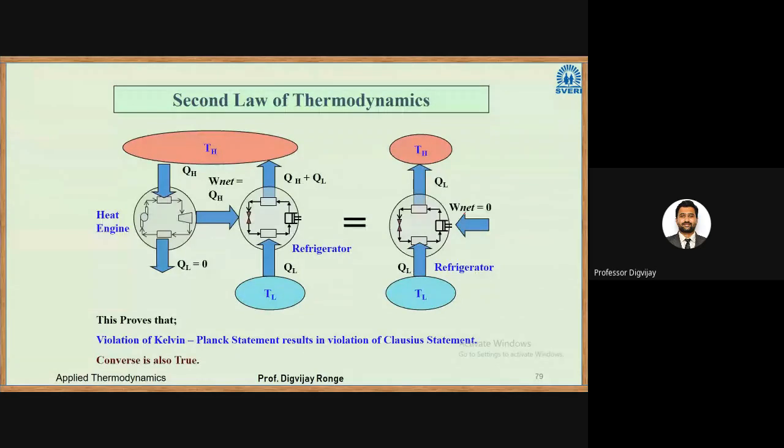Okay, so this is all theory up to this point. We have studied basic processes, thermodynamic equilibrium, then the zeroth law, first law, and second law. We have seen the Kelvin Planck statement, the Clausius statement, PMM1, PMM2, and the first law. So it is time to solve the numericals. Without numericals, your understanding won't be very clear. All these numericals I have taken from the Made Easy book for GATE. So I hope you all will be able to solve them.